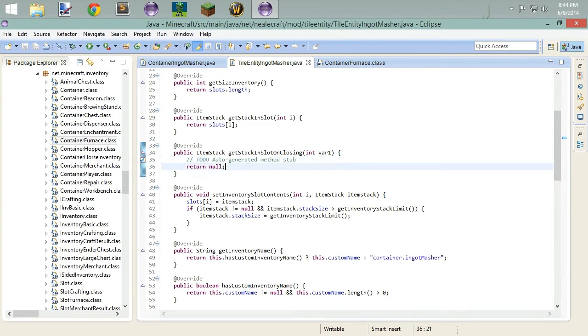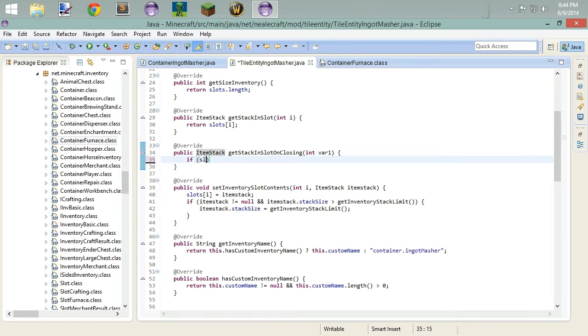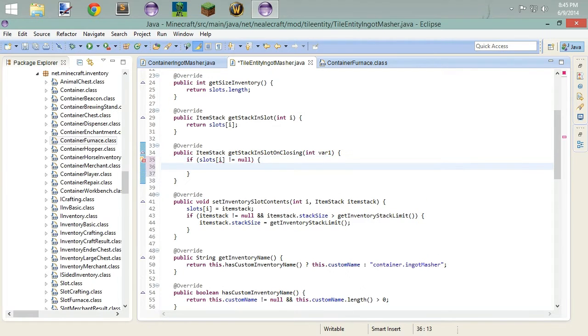I know where we're going here. We are going to return null eventually, but we've got to do some stuff first. So we're going to start out with an if statement: if slots of i is not equal to null, then